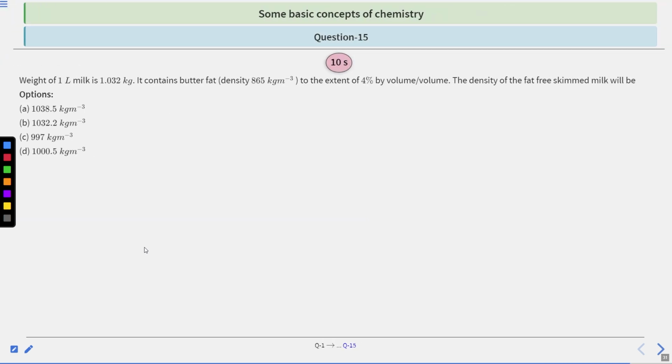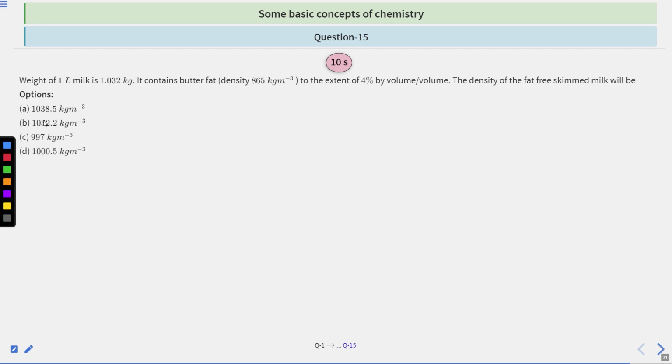Moving on to our next and last question, that is question number 15. The weight of 1 liter of milk is 1.032 kilogram. It contains butter fat, which has a density of 865 kilogram per meter cubed, to the extent of 4% by volume. The density of the fat-free skimmed milk will be,